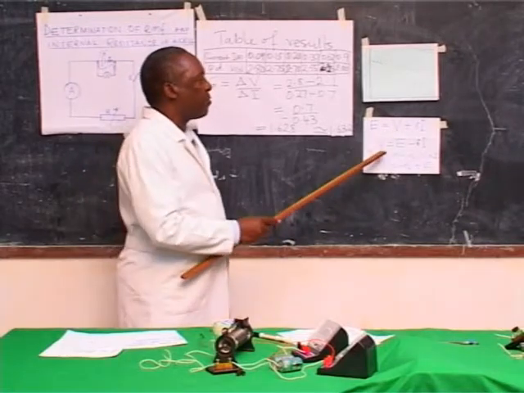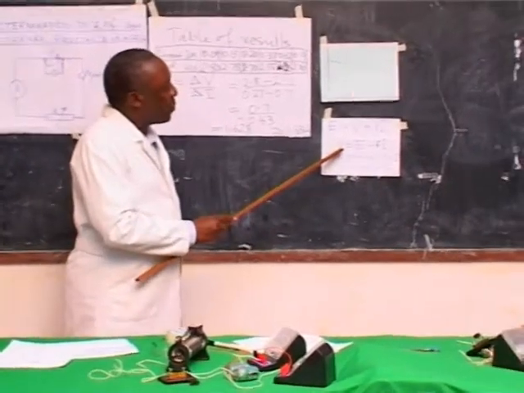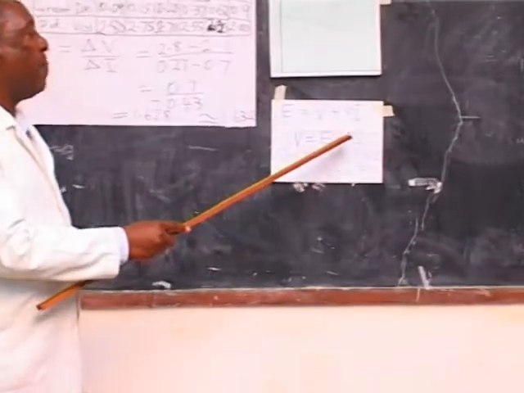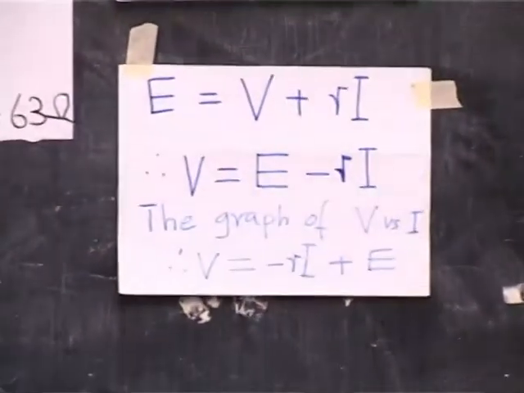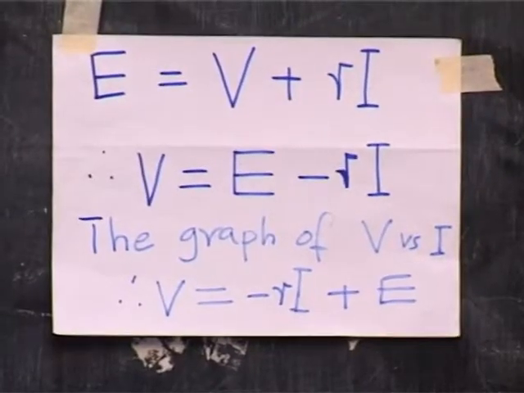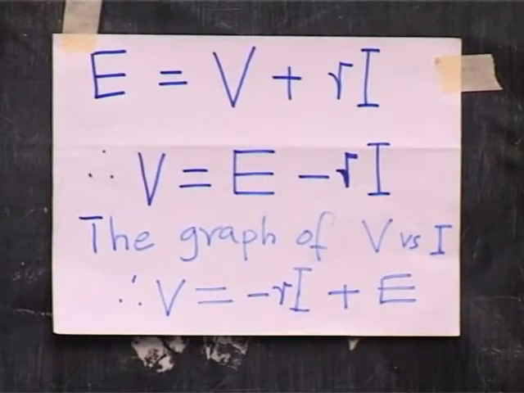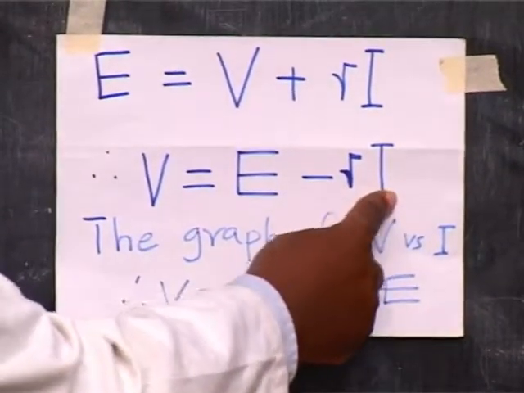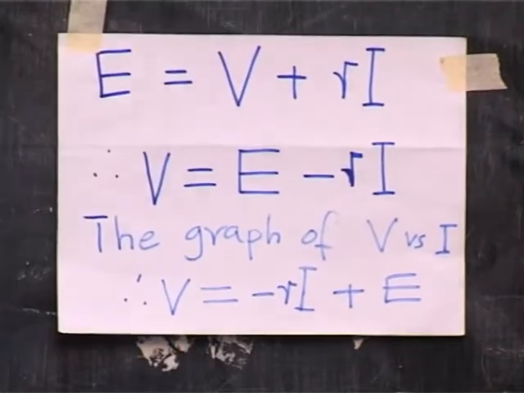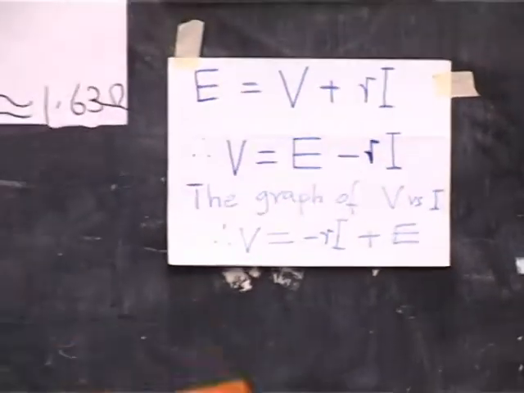Changing this one here, we have potential drop equals EMF minus the internal resistance times I. The graph which you have drawn is potential drop versus current, and it's this one here, whereby